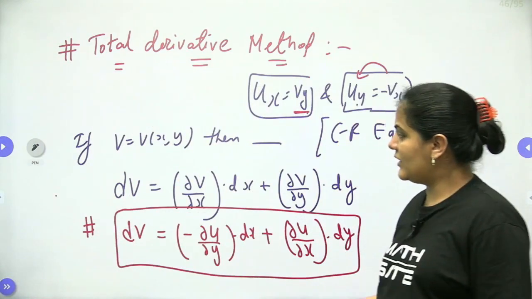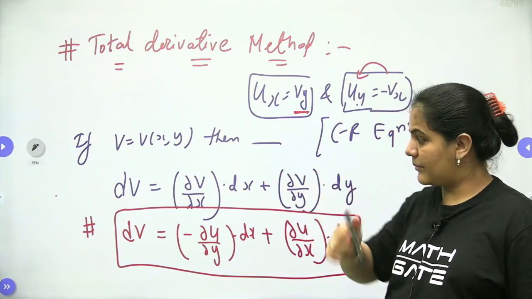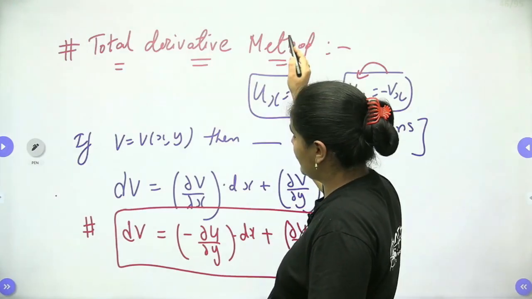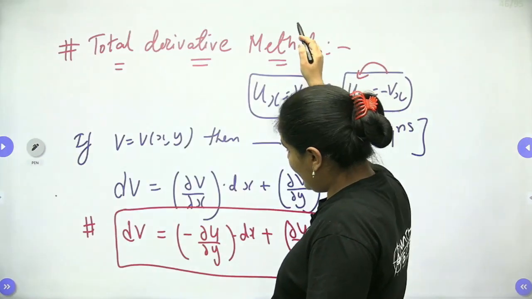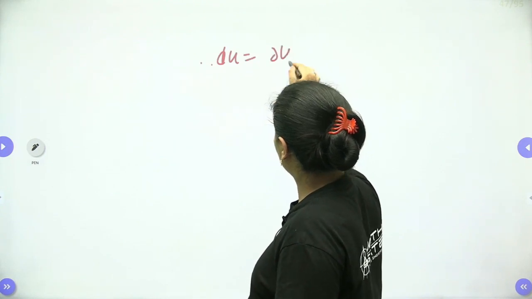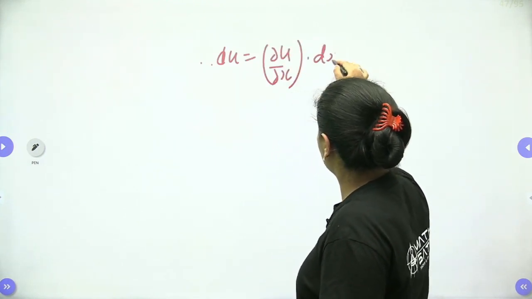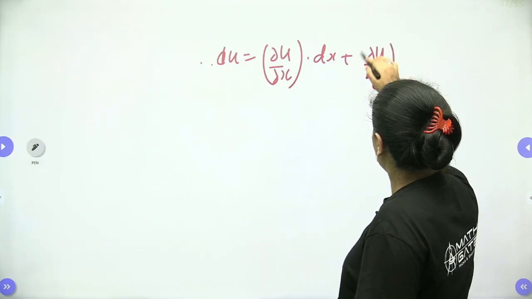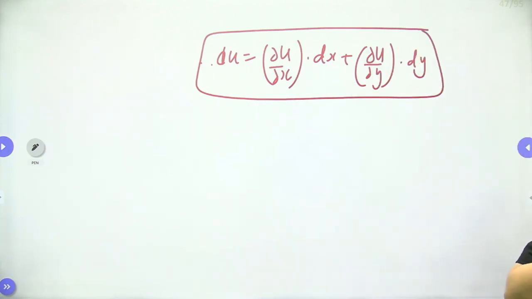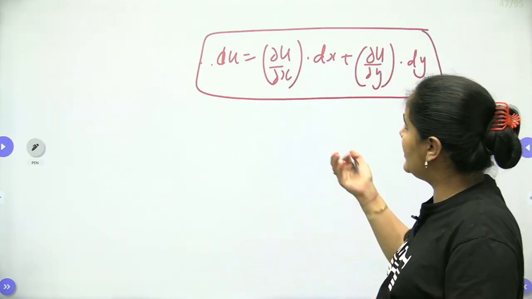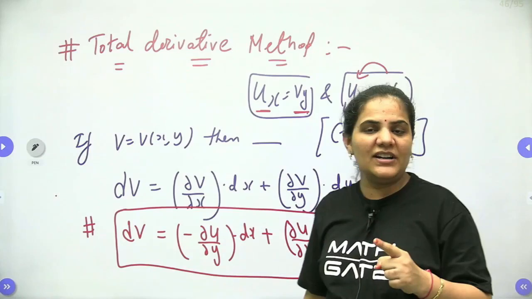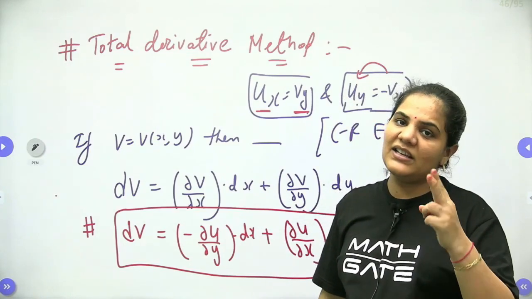The same approach applies if you have the real function u, right? We can write du = ∂u/∂x dx + ∂u/∂y dy, right? In place of this, again we can put, dear students, du. We know very well that two things are applicable here: the first is the partial derivative, that is, the total derivative, and the second is the chain rule, right?